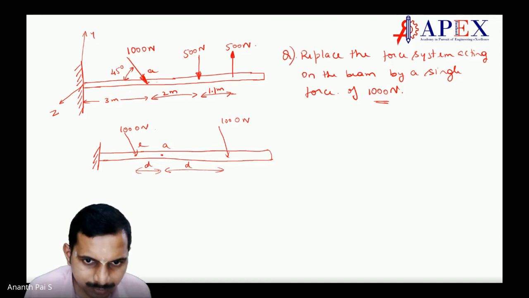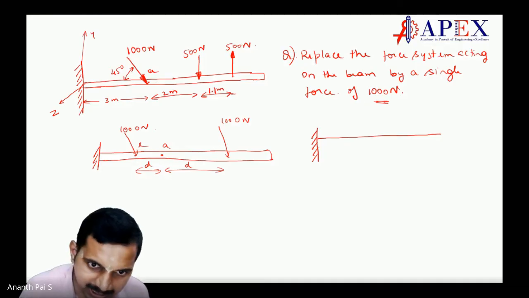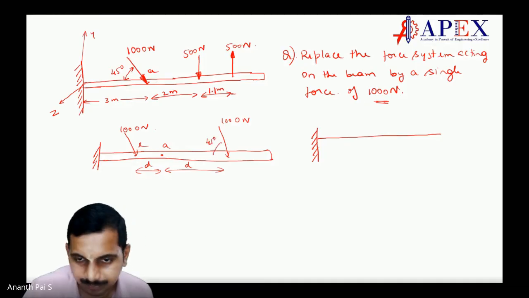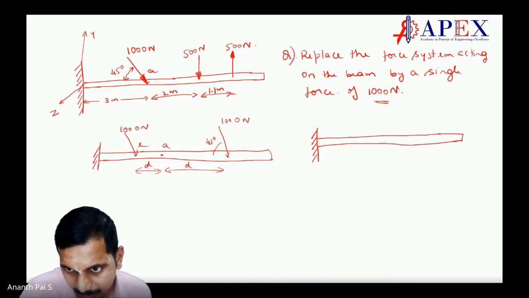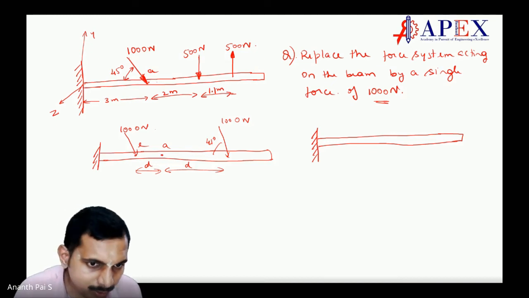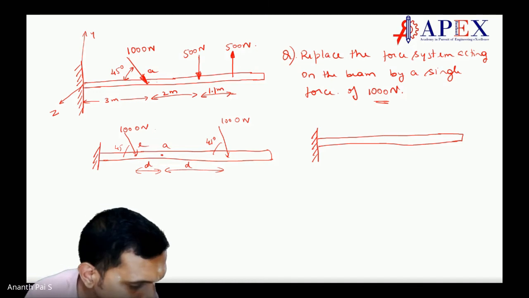So now one of the things we have to understand, let us see what happens because of this. What is the moment which is acting? Does the resultant force have an angle with the beam? Yes, the angle is the same, 45 degree. You have to find out what is the force where it is acting. That's it.